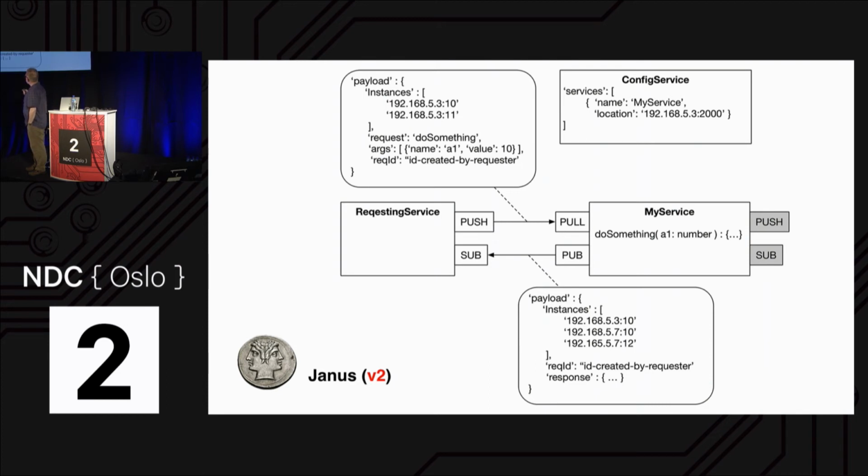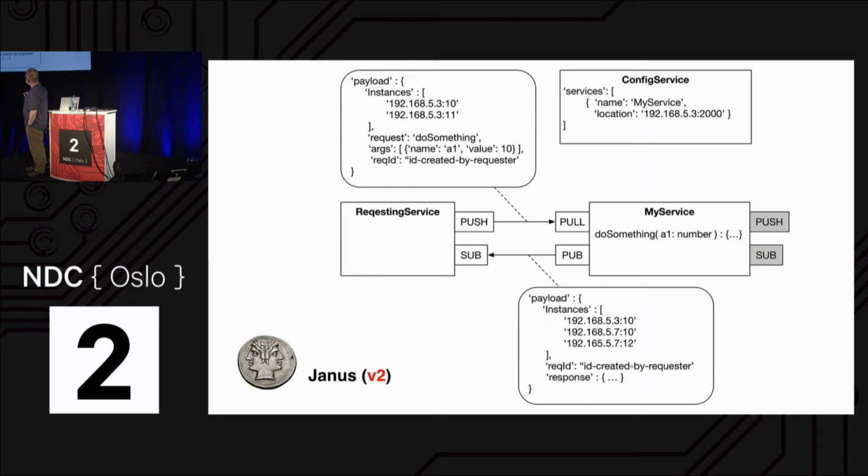Now, the payload here is going to contain the name of the function, if you will, that I want to call, the arguments to that function, and some unique request ID. That's generated by the sender. Actually, it's generated by the framework. I probably should have shown it here, but there's a framework class here, and there's a framework class there. So in terms of implementing this, you don't have to do any of this overhead. It's done for you by the system.